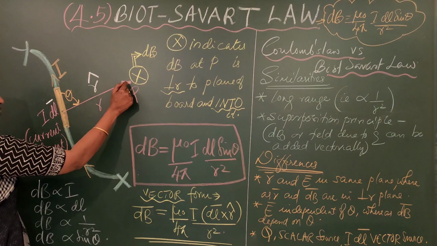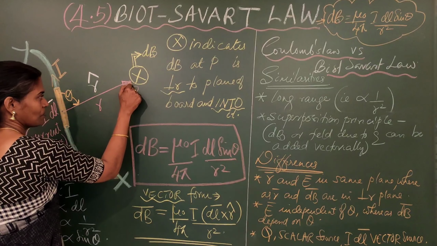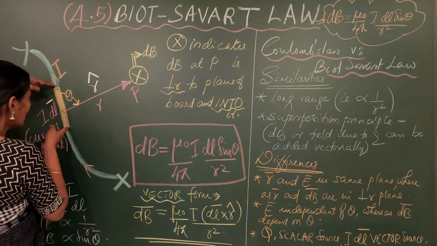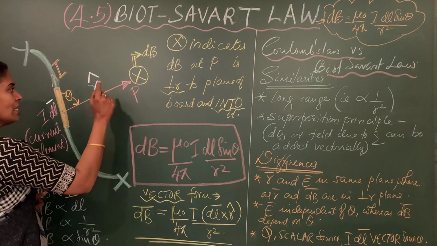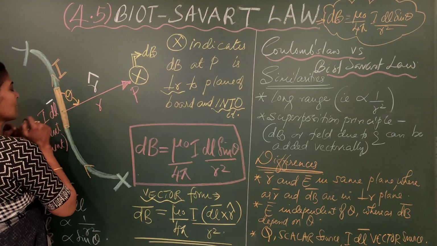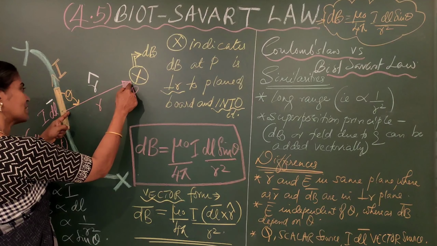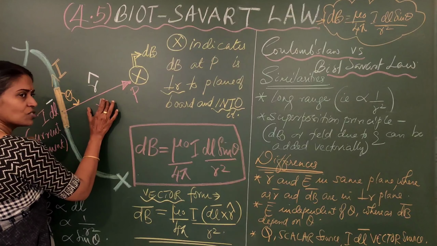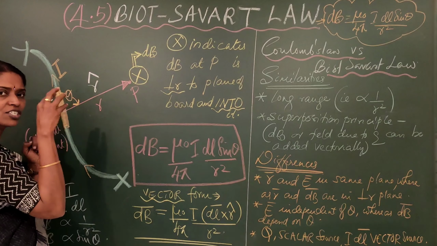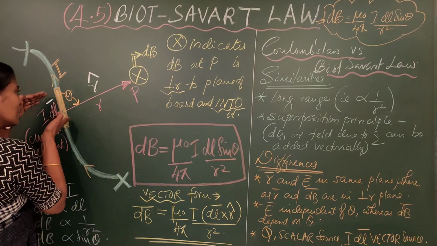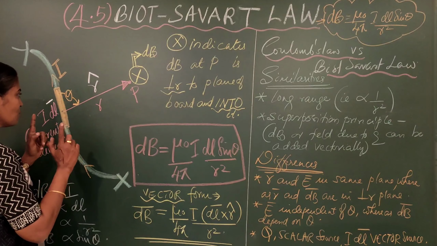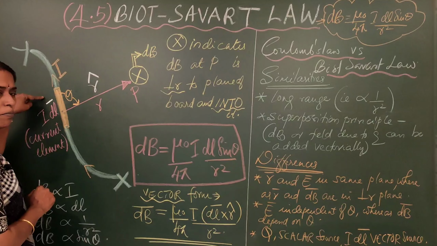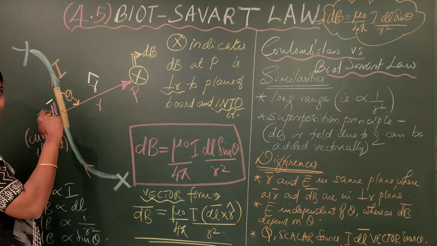Now, you have to find the magnetic field at the point P. So, we are going to find the magnetic field at the point P due to this current element I dl bar. And the point P is at a distance r from the current element. So, this is the position vector from dl to the point P, and this is the magnitude of the position vector. r cap gives the direction of the position vector from the current element to the point P. Also, one more thing: theta is the angle between the current element dl bar and r cap.